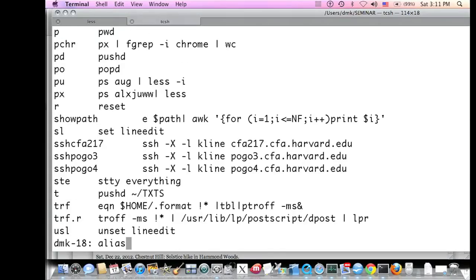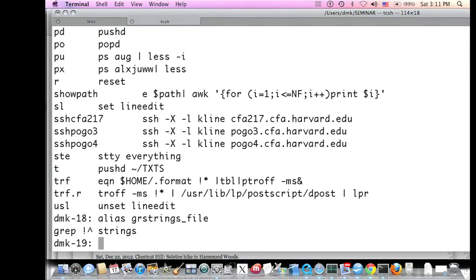But if I just type alias with the name of an alias, it tells me what it means. Now notice that the quotes are gone and the backslash is gone. So this string here is the result of that alias definition, and now it has just exclamation point caret in it. So this is going to